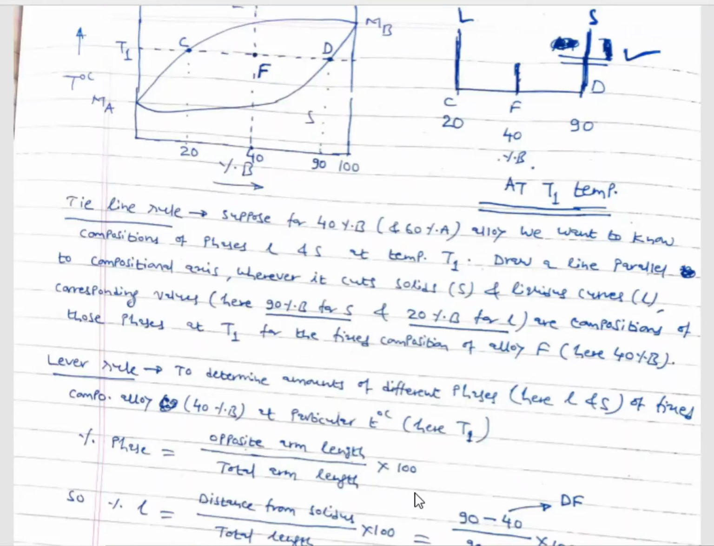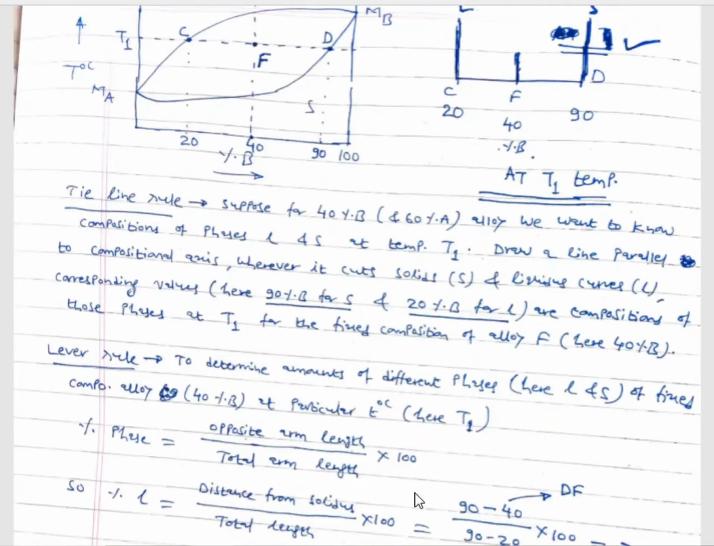90 is the composition of solid phase. F will remain fixed, constant, the overall chemical composition under our study. So FD, or DF, this distance will be considered as the opposite arm length to calculate the amount of liquid, that is the distance from solid phase. Remember, the distance will never be negative. You are not to consider 40 minus 90. You always consider distance FD as 90 minus 40